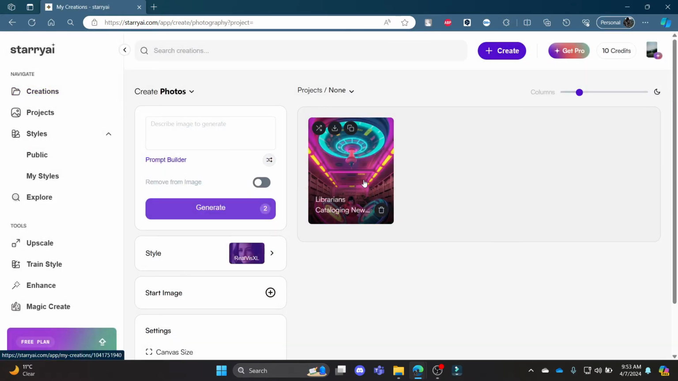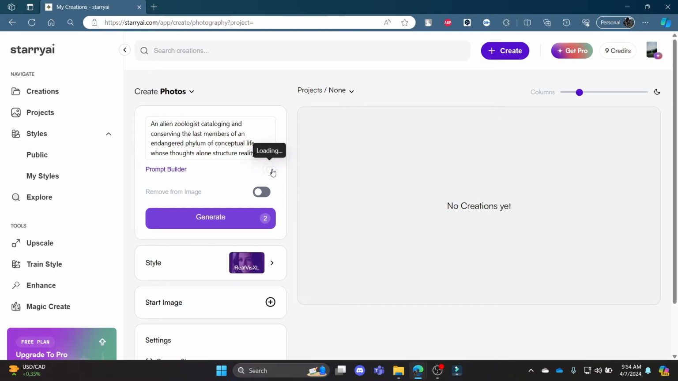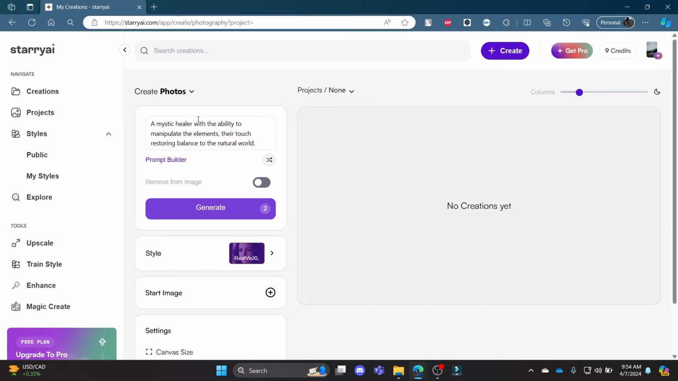Now click on Photos and you can see that this has been selected over here. Go ahead and delete it, so no creations will be shown over here right now. Go ahead and click on random prompt if you want, or else you can just see that you need to create a photo of good quality, so you can go ahead and select this and delete it,